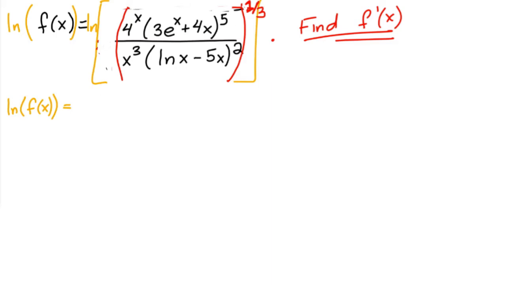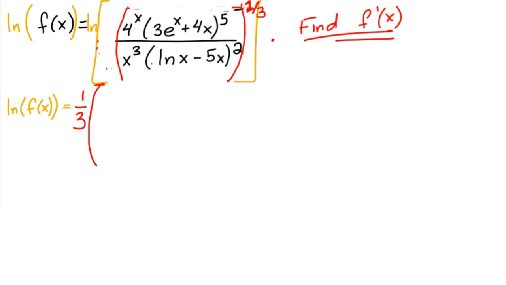Now, to break this guy up, remember, the exponents are going to be out in front, all of these exponents. And then the guys on the numerator are going to end up being positive, and the guys on the denominator are going to end up being negative from the laws of logarithms. So we're going to use all of them at the same time. So on the very, very outside, I'm going to have 1/3 times,